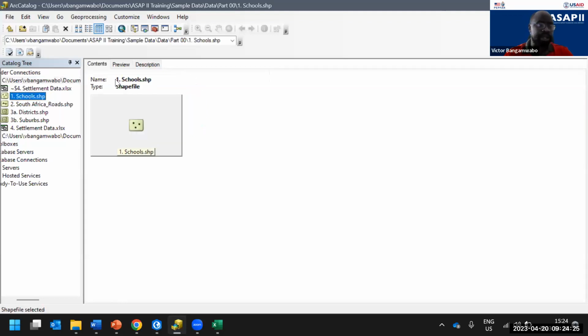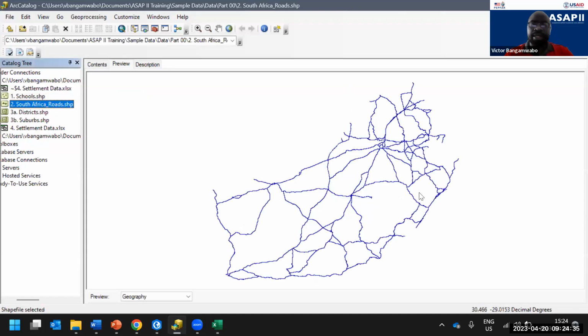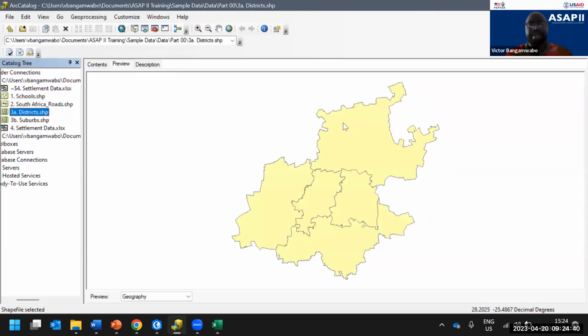So here, I can actually go and create a preview. The point layers are going to be points. This is what they look like on the ground if you are to map them in a GIS software. And then you have your roads, which are lines represented as lines. And then you also have your polygons represented as an area and enclosed line. So that would be used to represent